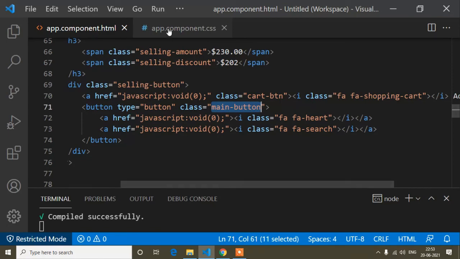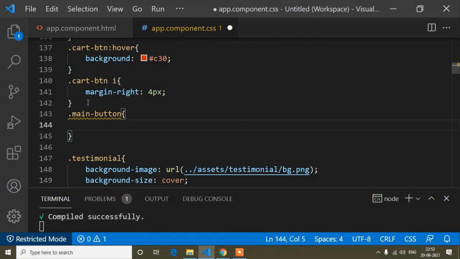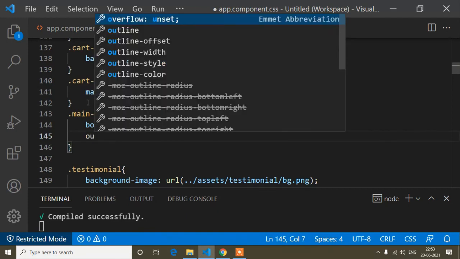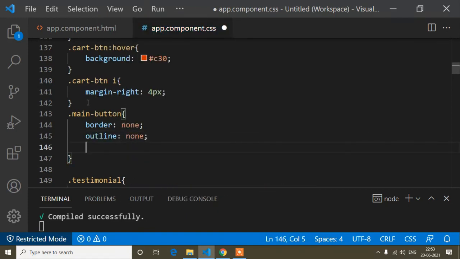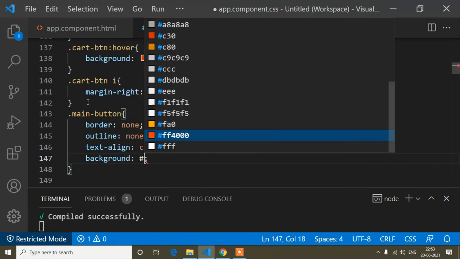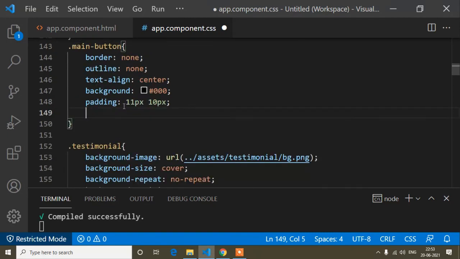So first of all, the main button, I mean this button, so just paste here, and now I will write first of all border is none and outline is none, and text-align is center, and background is this color code, and padding is 11 pixels and 10 pixels, I mean top and bottom 11 and left and right is 10 pixels, and the border-radius is 4 pixels.